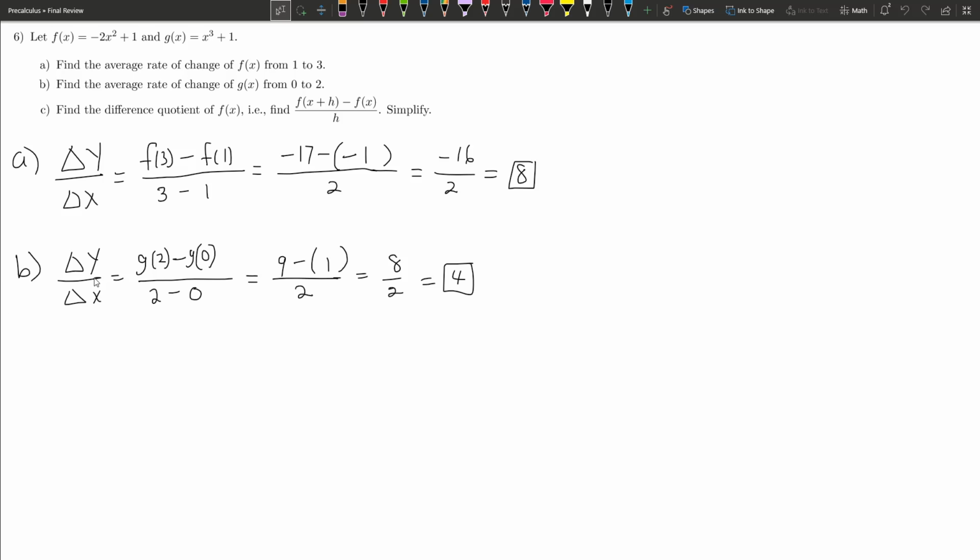In this video, I'm going to show you how to find the difference quotient. We're just doing C. If you want to see how to do A and B, I'll leave a link in